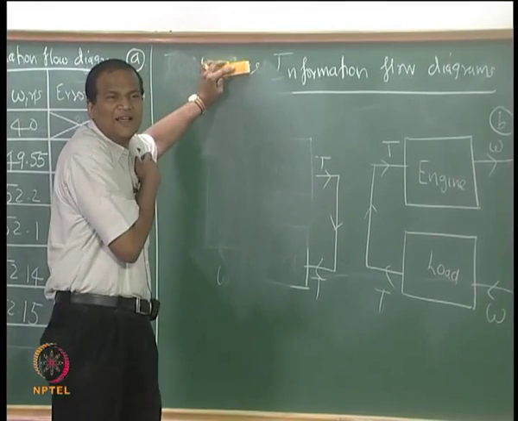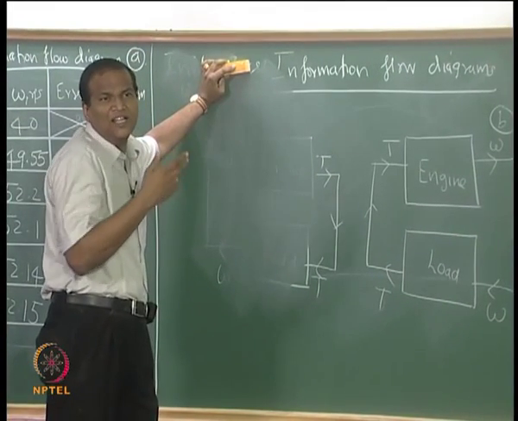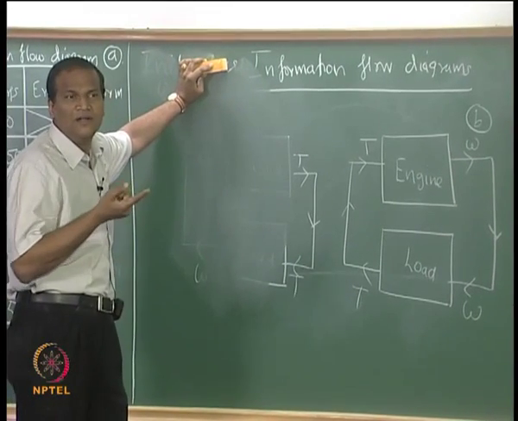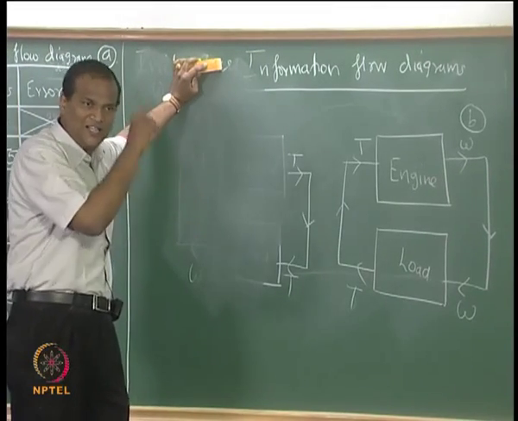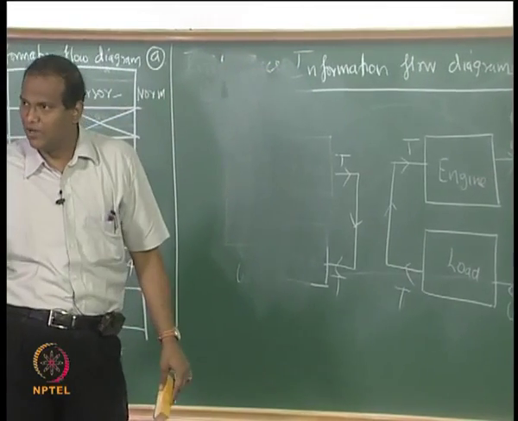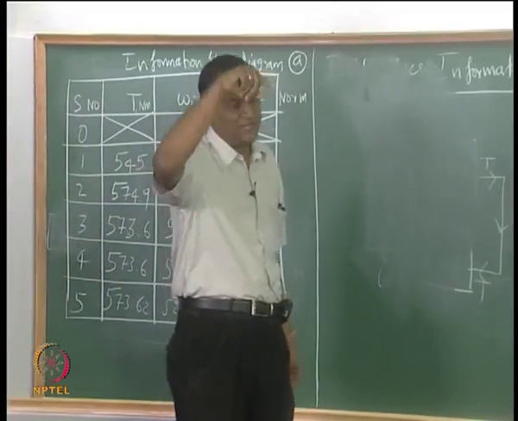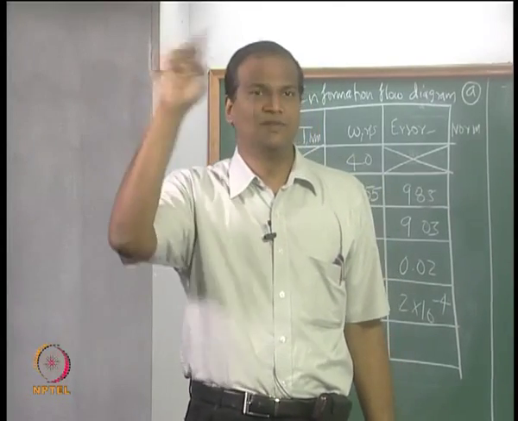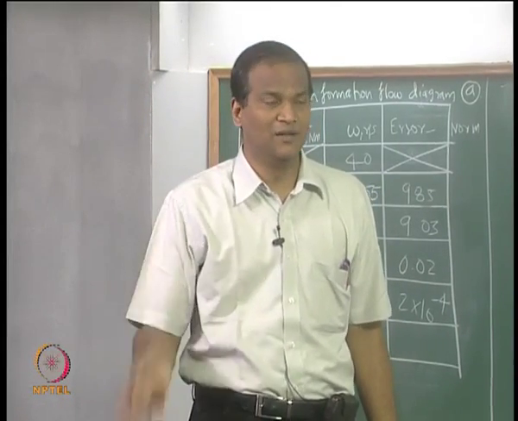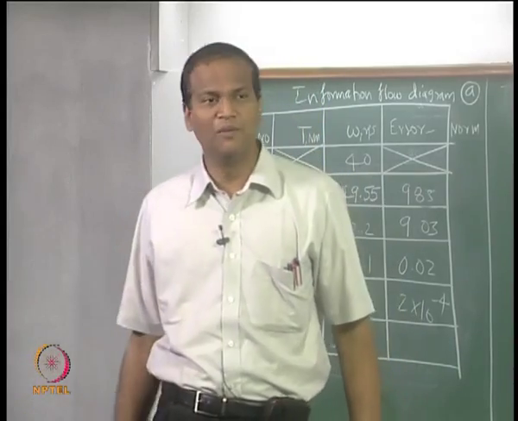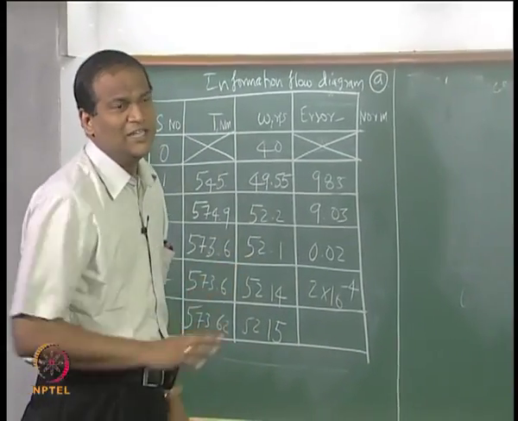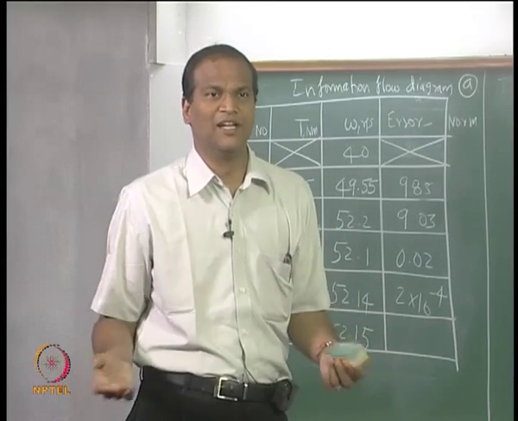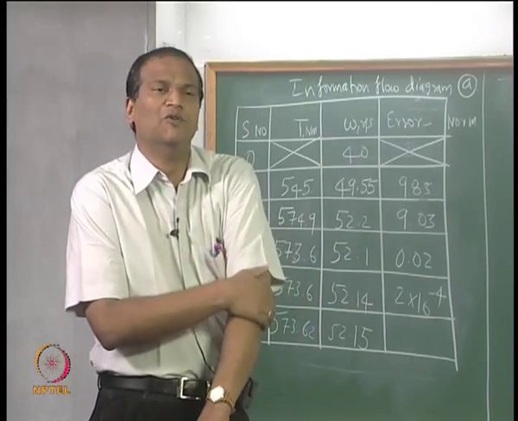In real life or in the exam, I have asked you to obtain both the operating points, so it is incumbent upon you to draw the other information flow diagram and extract the other point also, right. In some cases the other information flow diagram may completely diverge; in such a case you have to draw the information flow diagram which you originally thought will not work, rework the problem and finish off, okay. Generally I will check before giving you a question that the problem has a real solution. So, one of the two information flow diagrams will usually work.